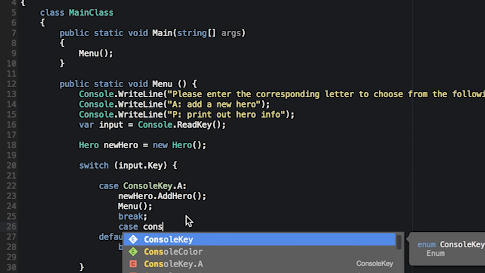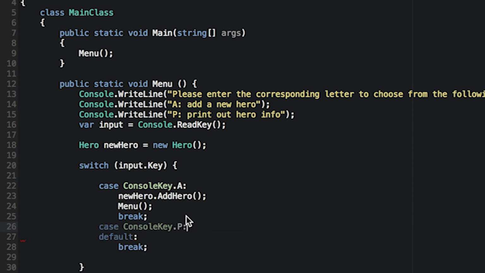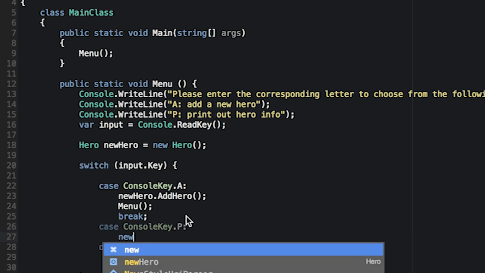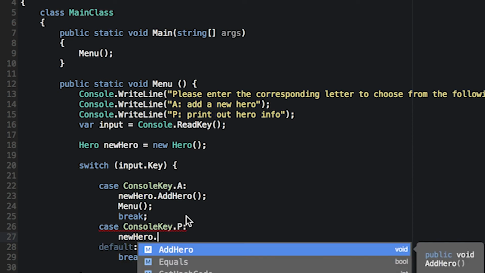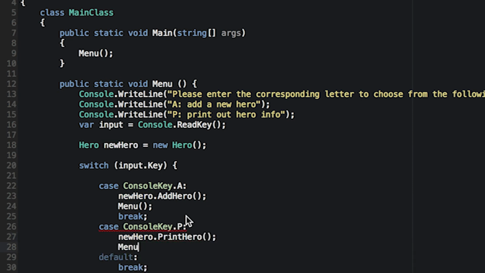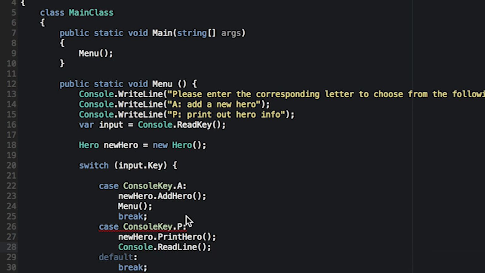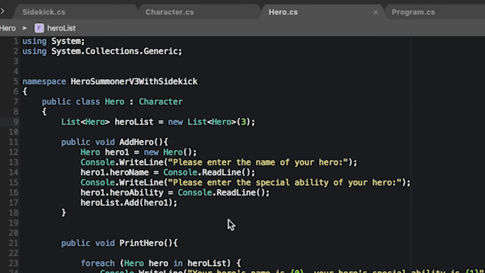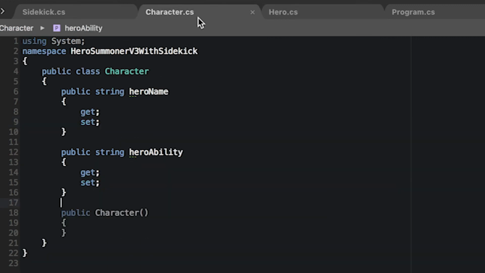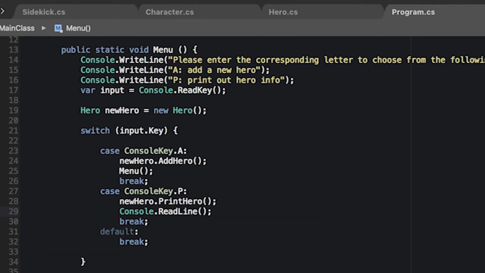Case Console.Key.P. And for the P case, we're going to access newHero.PrintHero method. Let's do a Console.ReadLine so that the terminal window doesn't exit on us. And let's break from the case. Test it out again. And now, as we are testing this program, when we hit